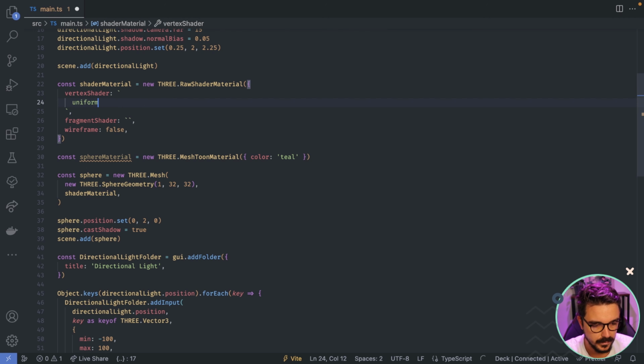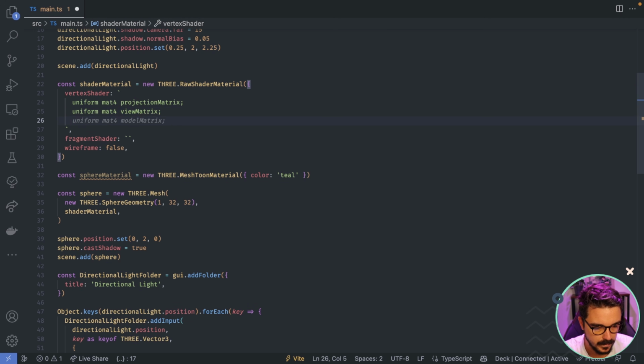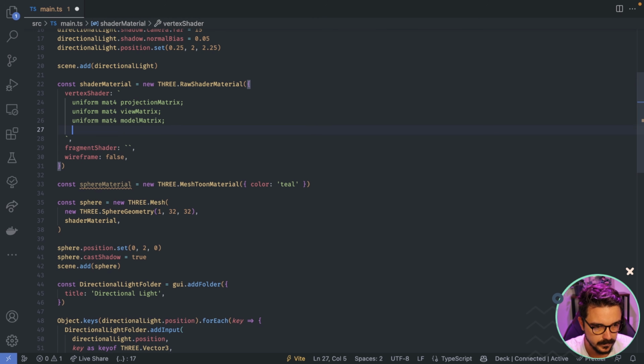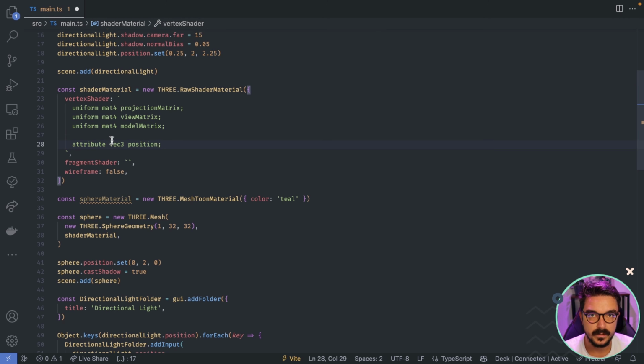So we're gonna put uniform mat4 projectionMatrix, uniform mat4 viewMatrix, and another one for the model. Mat is a matrix, okay, so it's 4x4. Then we need an attribute, which is a vec3, a vector of three: x, y, and z position.